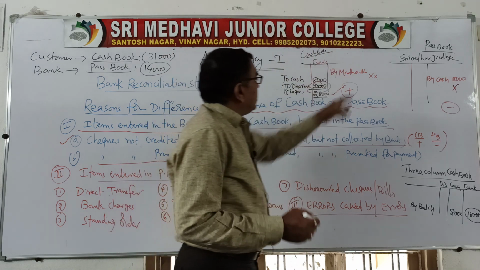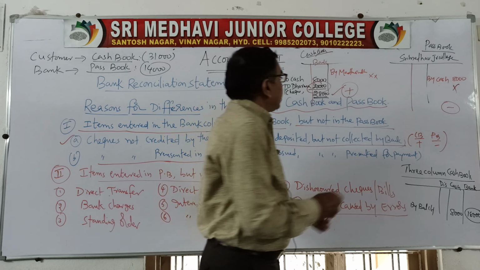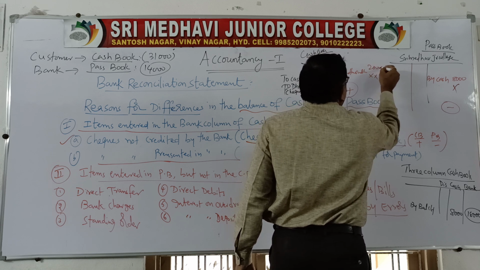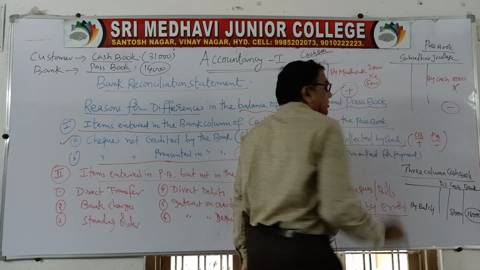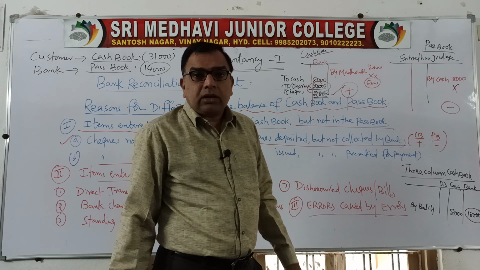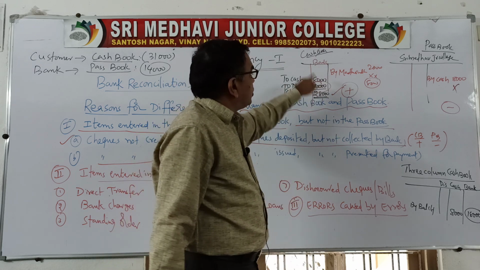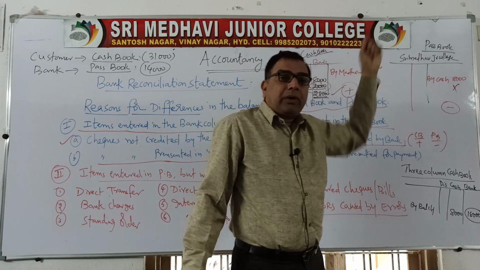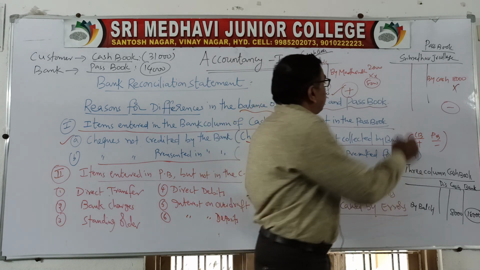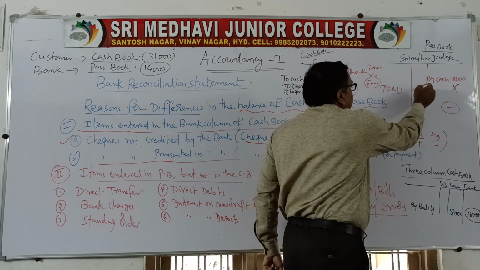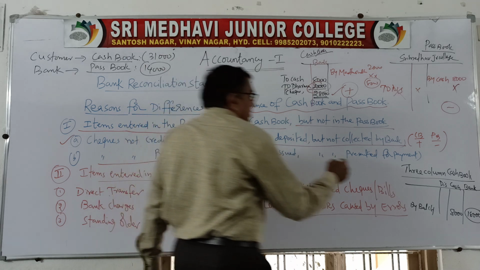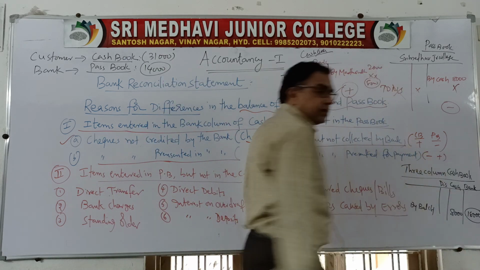So what happens? When you write the entry on the credit side, your cash book balance will decrease. For example, here it is 28,000. Say 20,000 is gone. Now only the balance of 8,000 is left. You think that the check has been issued to a concerned lecturer, he will withdraw money from the bank, so you will reduce it in your cash book immediately. But I did not go to the bank, I have not taken it. So if this was credited in the cash book, it must be debited here also. But here it did not appear because I did not go to the bank. Then what happens? This CB will be minus, PB will be plus.